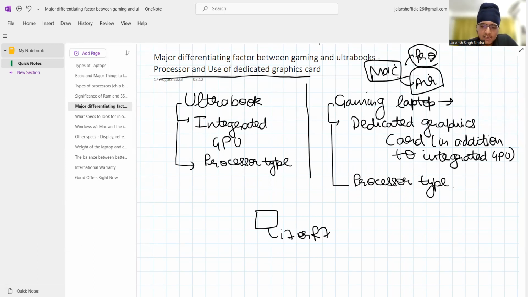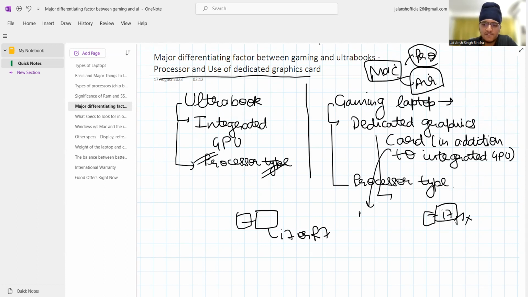So, along with an Intel i7 or R7, you have an integrated GPU in an Ultrabook, which controls the tasks which require graphics, for example, running your videos, running basic games, not the heavy ones, of course, running basic models, etc. The processor type, as I already explained, consumes less power. But when you come to a gaming laptop, it has the i7. Of course, the processor type is H or HX, and the integrated GPU, but you also get a dedicated graphics